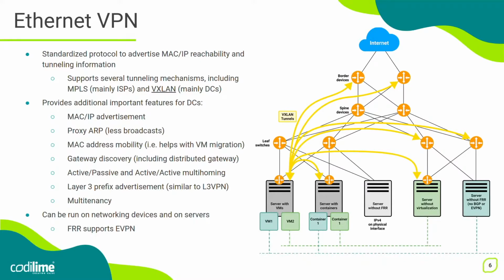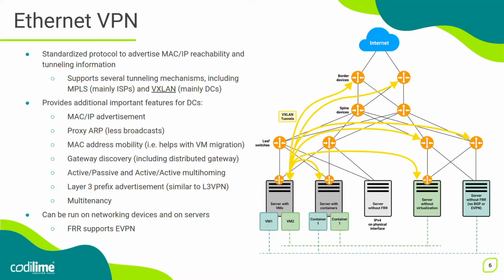Also, EVPN has some additional features, such as MAC-IP advertisement and MAC mobility. As soon as a resource appears on the network, the rest of the termination endpoints will be informed immediately via the BGP protocol. So there won't be flooding or forwarding of unknown unicast. The endpoint address will be well known. Also, as soon as an endpoint moves and the MAC address appears on a different machine, the data plane will be updated using the BGP protocol.